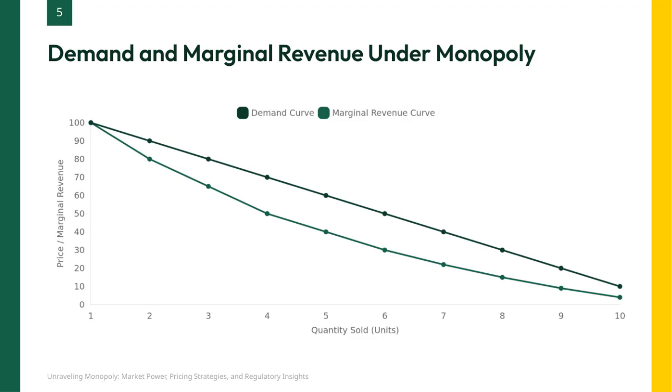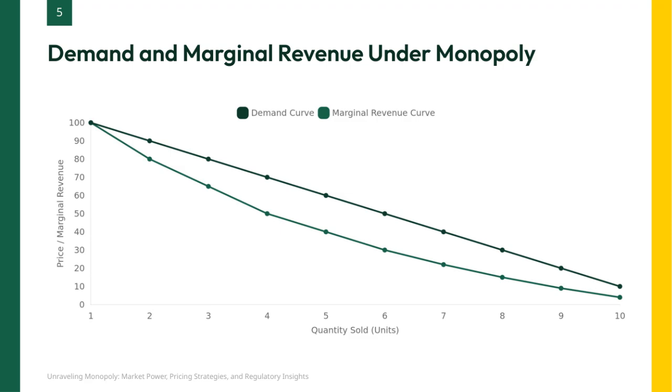This gap between price and marginal revenue is a classic feature of monopoly markets, resulting from the fact that the monopolist must lower the price on all units sold to increase sales. Understanding these curves is critical because the monopolist will produce where marginal revenue equals marginal cost to maximize profit, not necessarily where demand is highest. This leads to a lower quantity and a higher price than in a competitive market,